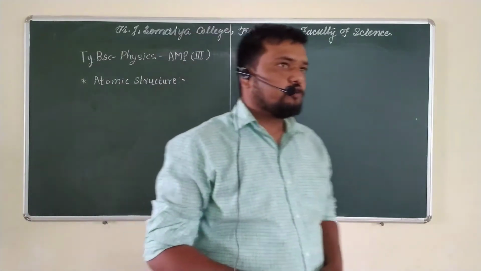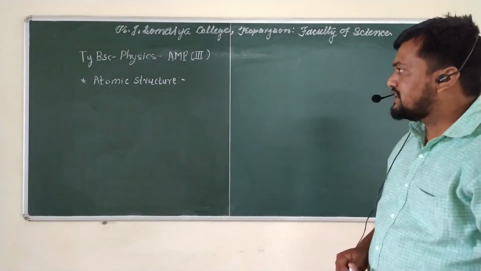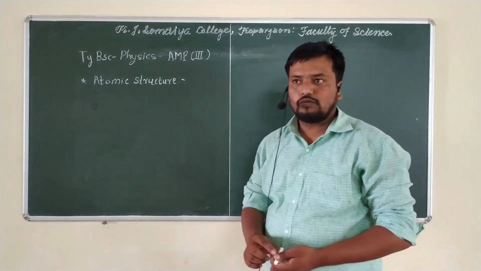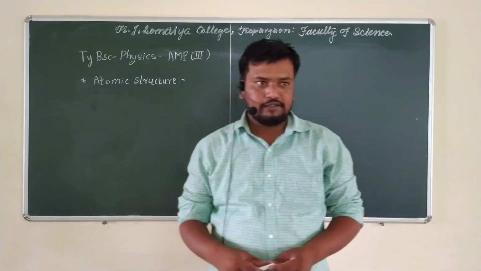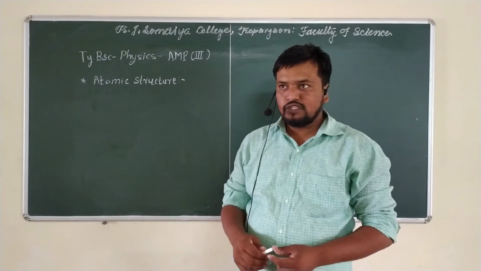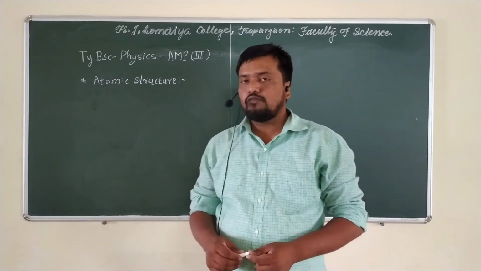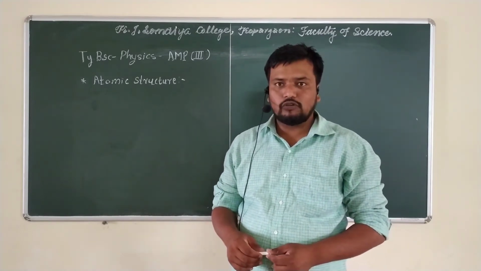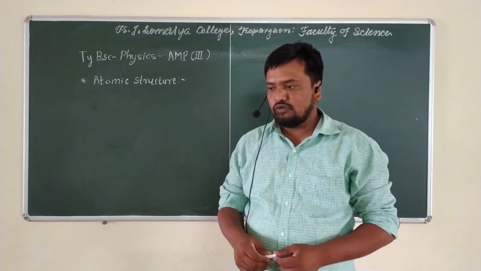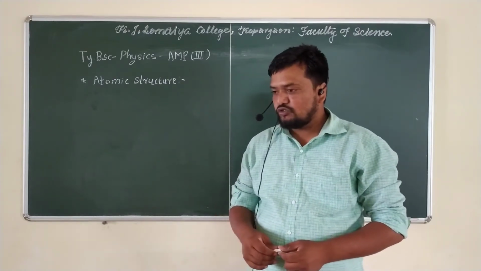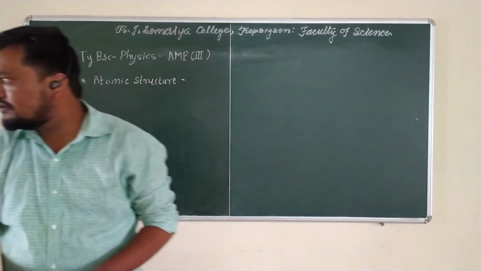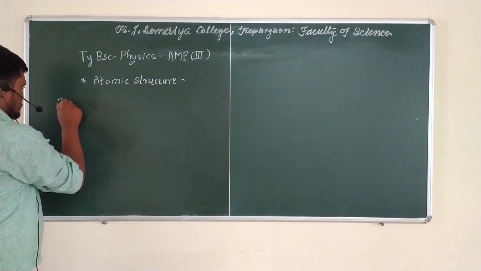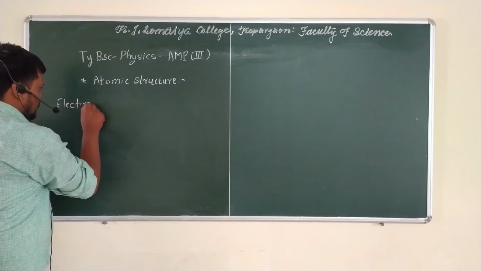So, that subject is atomic and molecular physics, and we have to see the chapter number one, atomic structure. Okay. So, summary of the last lecture: we discussed the Rutherford model of an atom, scattering on the basis of nuclear theory, and orbital electrons. Some part of orbital electrons was also seen in the last lecture, so we have to see that again. The point is the electron orbit.